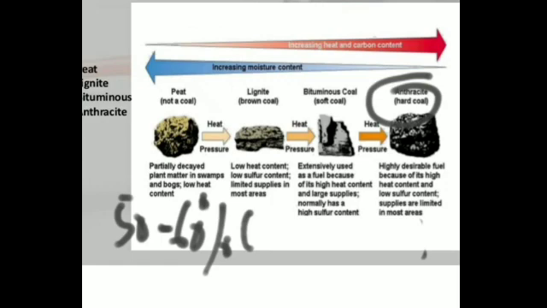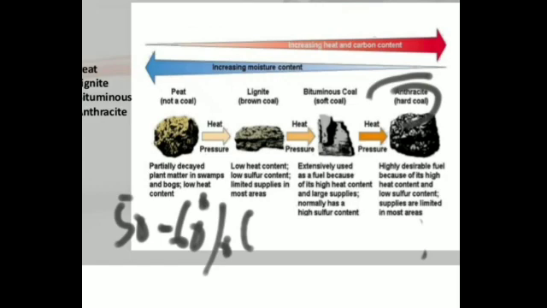Next is bituminous, which is black in color and is the third stage in the formation of coal, and the carbon content is about 70 to 90%. It is the most common type of coal used by the power plants and it is also used as household fuel. So this is one of the important types of coal, which is used both in households as well as in power plants. On burning, it produces both volatile and non-volatile impurities. Is it clear?